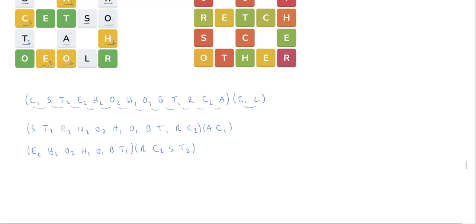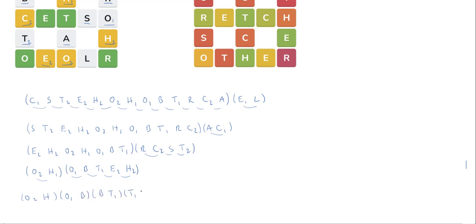I have another duplicate, these H's. So I'm going to move this E2, H2 to the end of this 7 cycle. So I get O2, H1. Okay, I'll close it off at H1. O1, B, T1, now the E2, H2 get moved to the end. And again, I'm not going to copy the other one. All right, now let's count how many transpositions I would need. 1, 2, 3, 4, 5, 6, 7, 8, 9, and 10. Perfect. So we can write down now a winning combination, O2H, O1B,